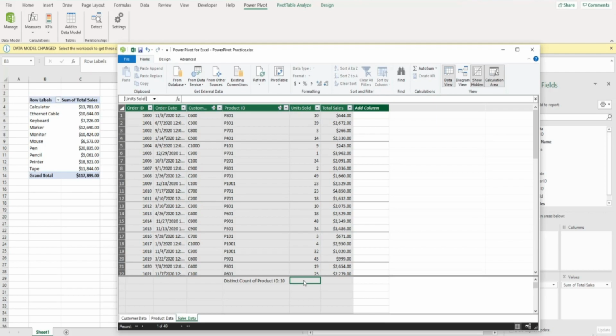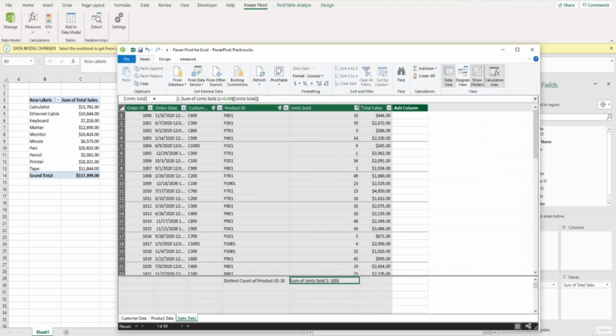So we need to come back to our calculations group, and we can just click auto sum. And if we expand the width of our column, we can see that the total amount of units sold is 1,055. So that's how we can create measures within our data model. And measures are needed to create KPIs. So now we can go back to our Excel workbook,